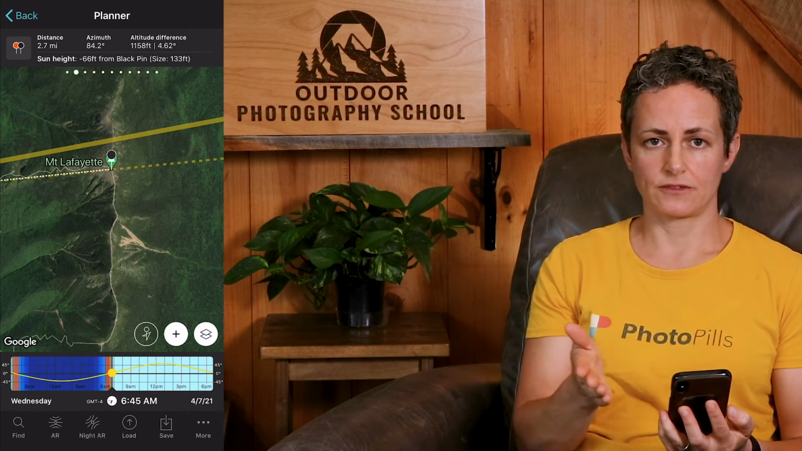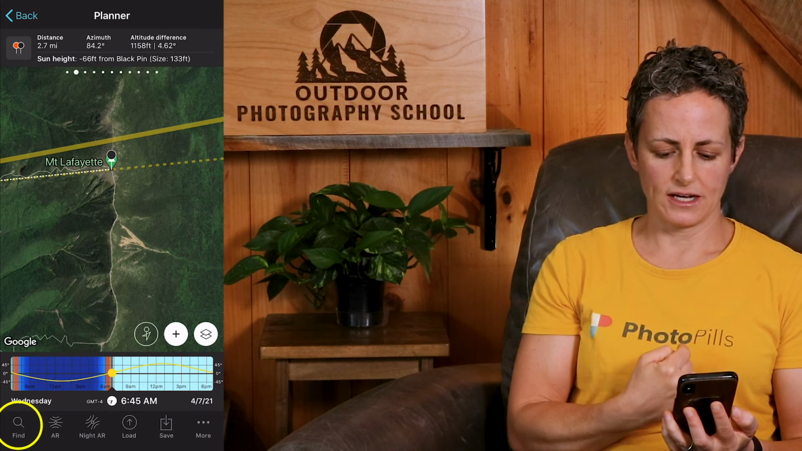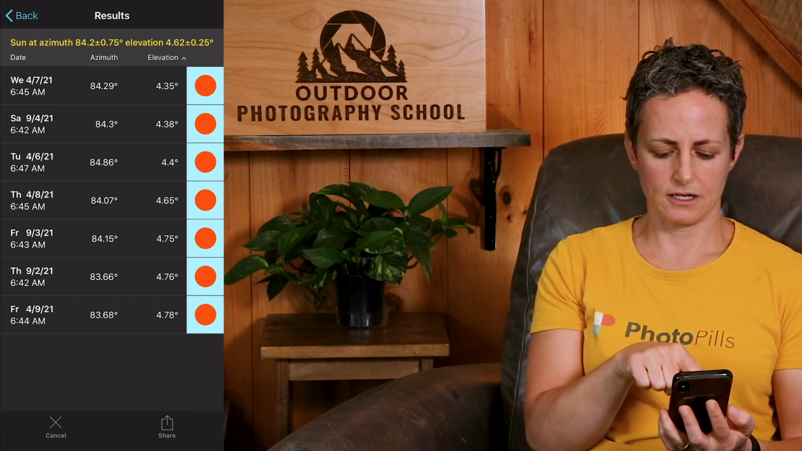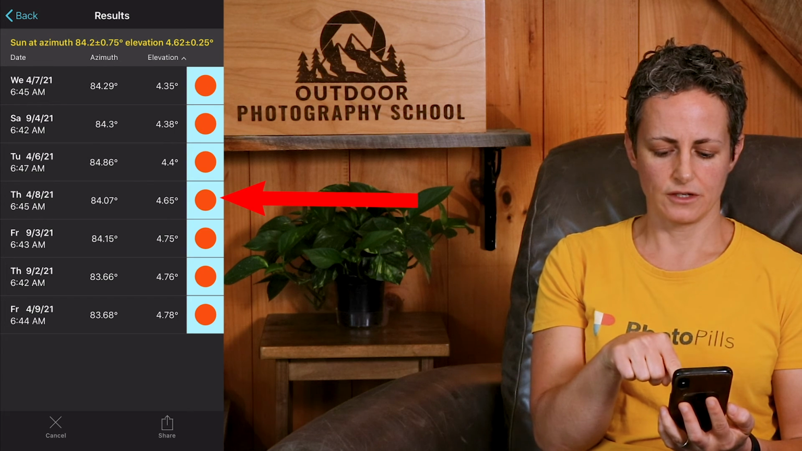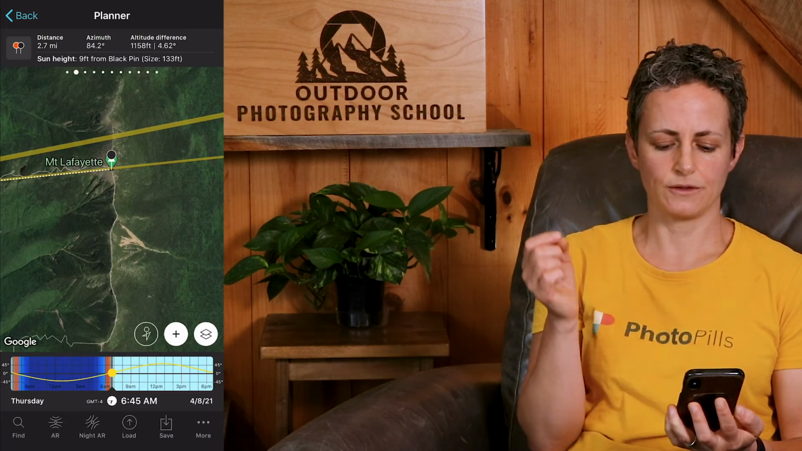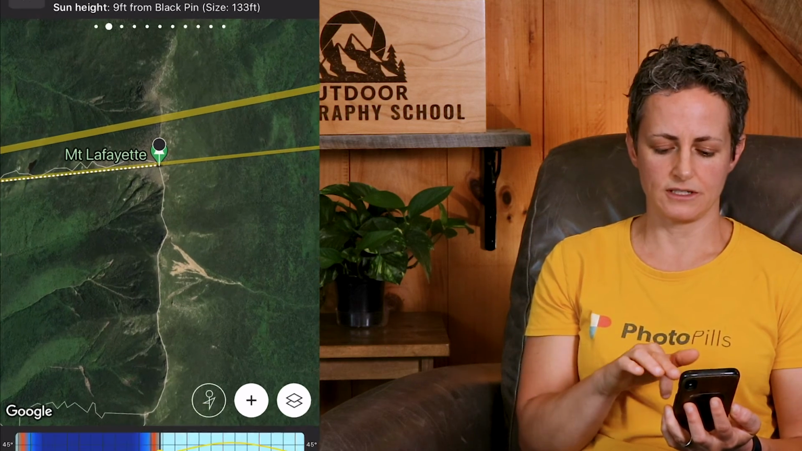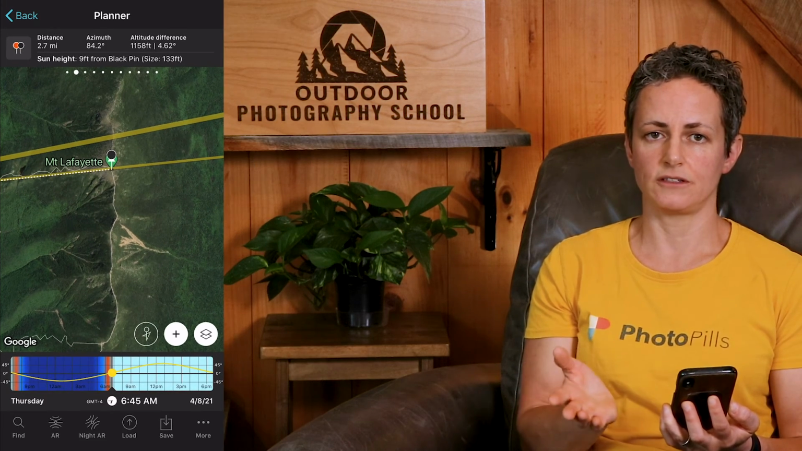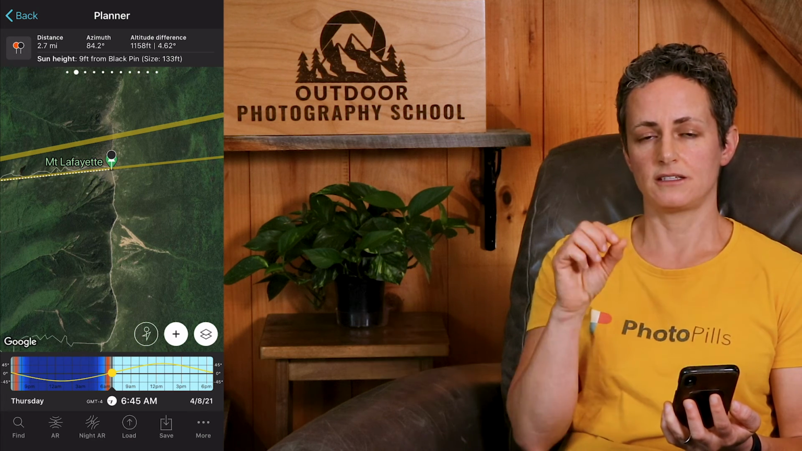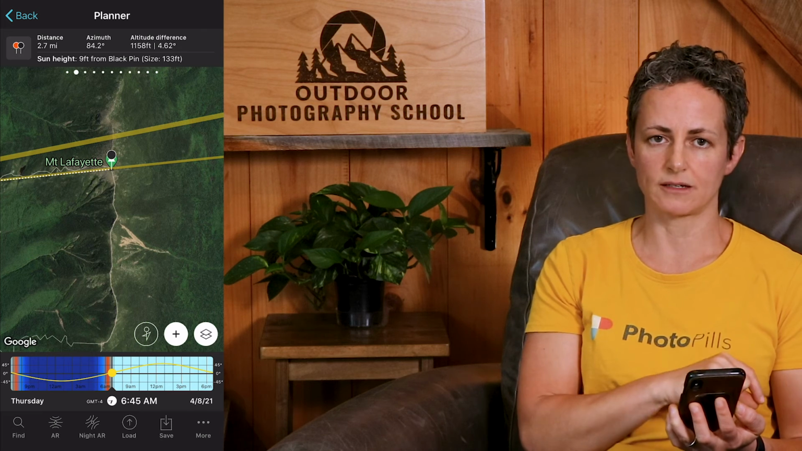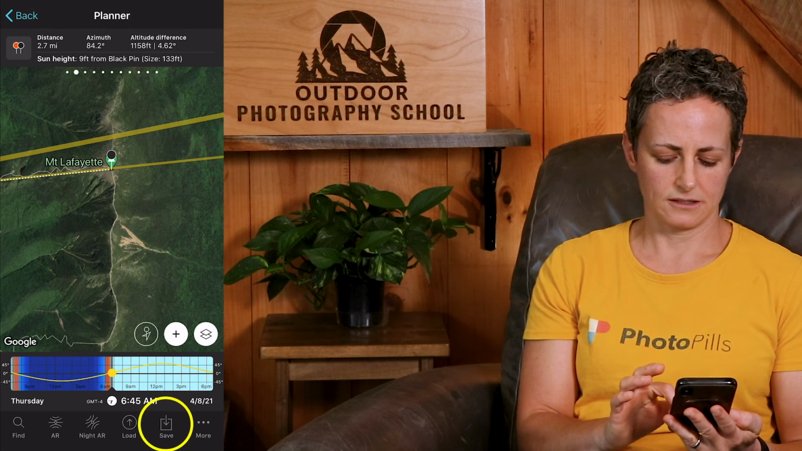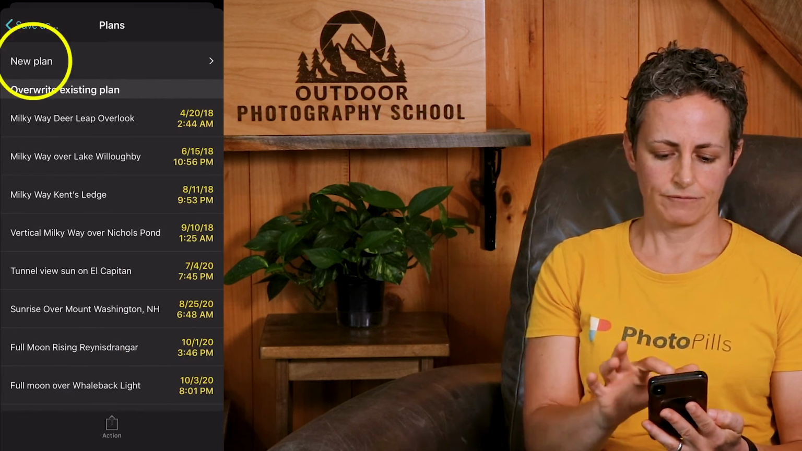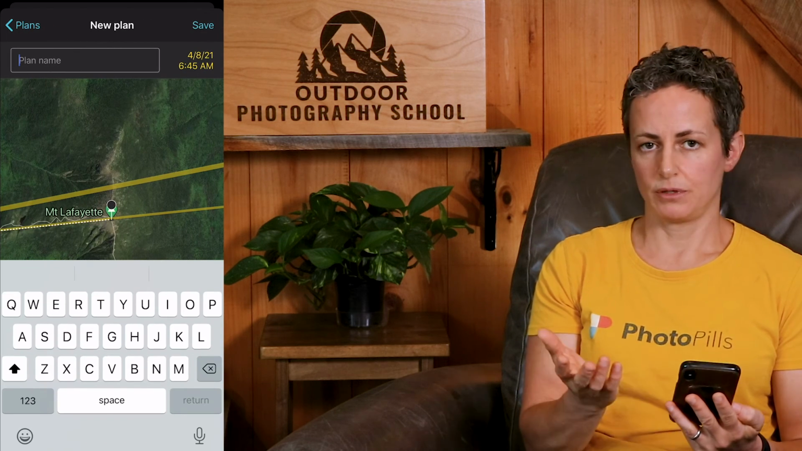So let's just try a different option from the table. So we're just going to click on Find again. And now let's click on April 8th, which we have an azimuth of 84 degrees and an elevation of 4.65 degrees. Now that date and time has been loaded into the planner, and you can see that the yellow azimuth line of the sun is no longer dashed, which makes sense since the relative elevation of the sun on this date at this time is slightly greater than the elevation difference between the red and black pins. So if you want to save your plan at this stage, just click on Save at the bottom, Plan, New Plan, give the plan a name,